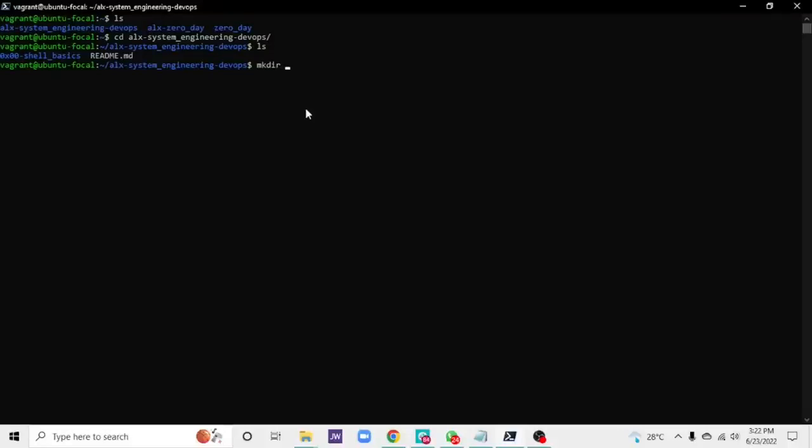So you don't have to create a new repository for this. Just come to your terminal and create the folder 0x01 shell permissions. So I'm doing just that now. Permissions, and after doing that,